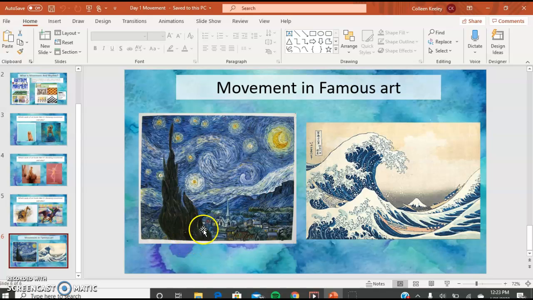The tree or bush kind of thing up in the foreground looks like it's waving, so maybe the wind is blowing it all around. And in Hokusai's wave painting, if you think of water, water is something that is constantly moving, but